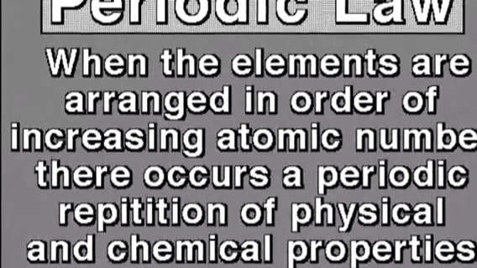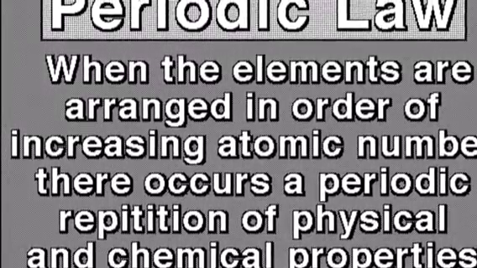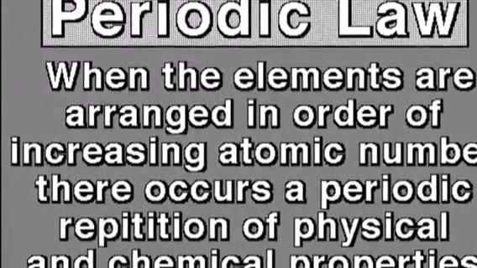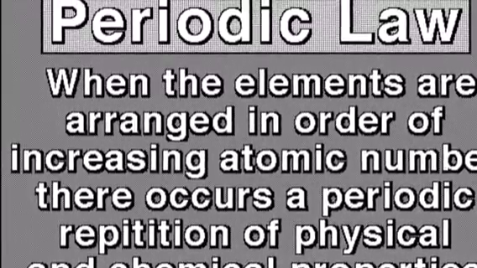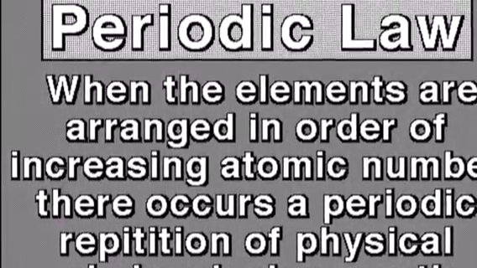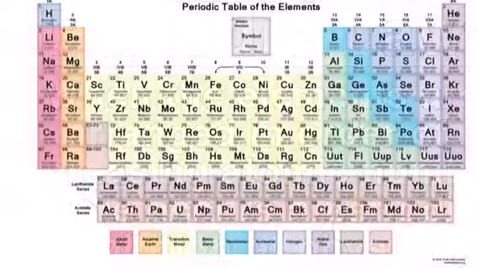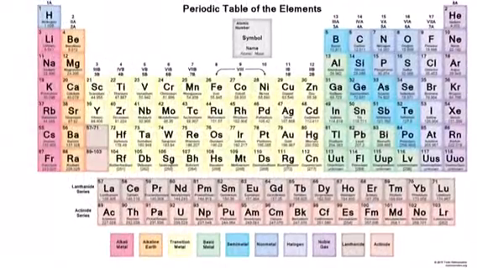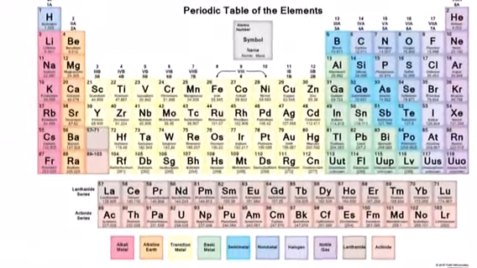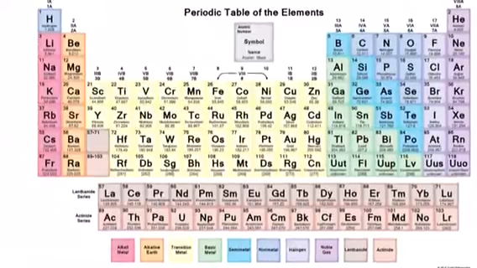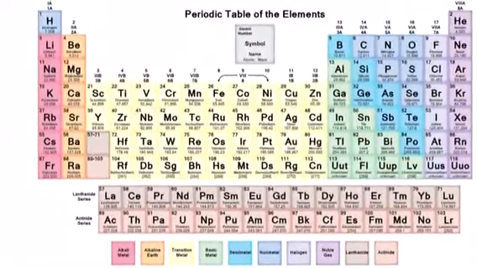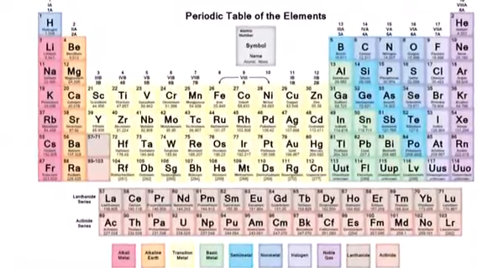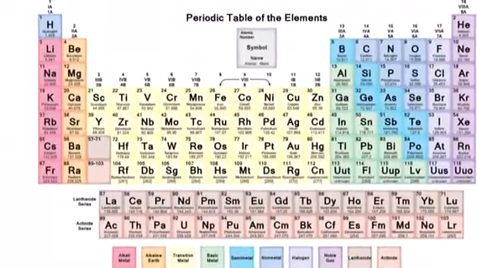The periodic law is when the elements are arranged in order of increasing atomic number. There occurs a periodic repetition of physical and chemical properties. On the periodic table, there are a number of groups that share similar qualities with each other. The groups on the periodic table go down the column, and the periods go left to right. Some of the groups that are within the periodic table are